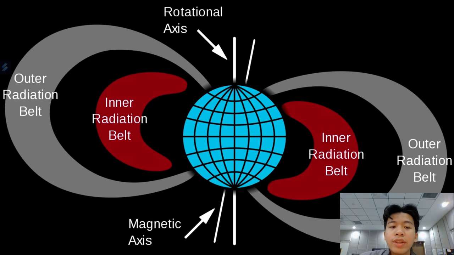Also, within the magnetosphere, there are two regions known as the Van Allen radiation belts. These are zones of charged particles, primarily electrons and protons, trapped by the Earth's magnetic field. When these charged particles from the Van Allen belt enter the Earth's atmosphere near the polar region, they collide with neutral atoms and molecules in the upper